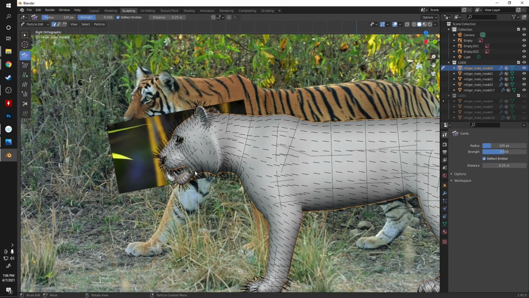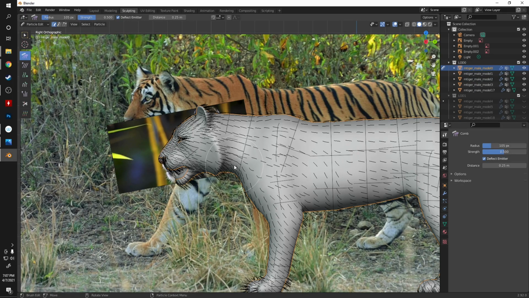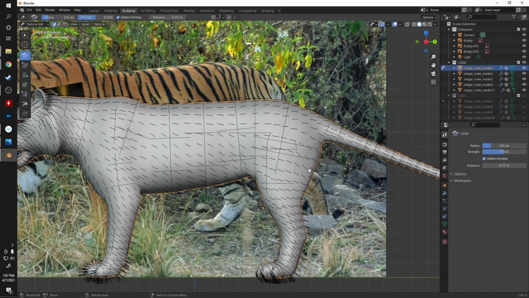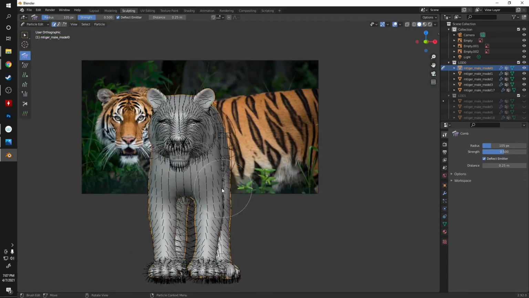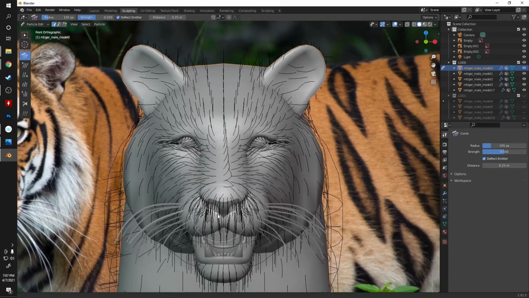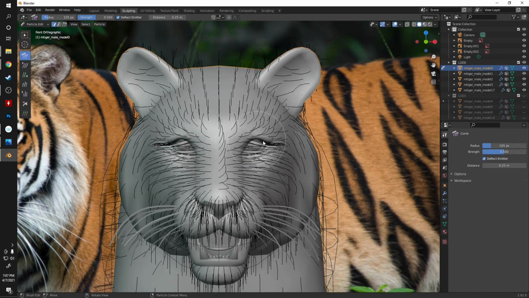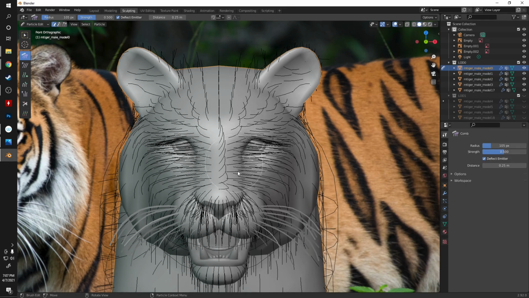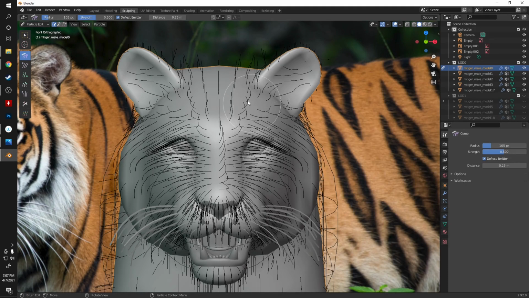side view ortho. I'm going to comb the face, push all the hair back, push it down, kind of get it to lay along the body the way that we want it to. Pull it down a little bit, down a little bit. Starting to look really good. Now, I'm going to go into front ortho. And we're going to deal with this. As you can see, it automatically mirrors left and right, which is